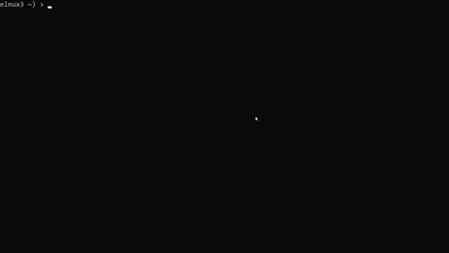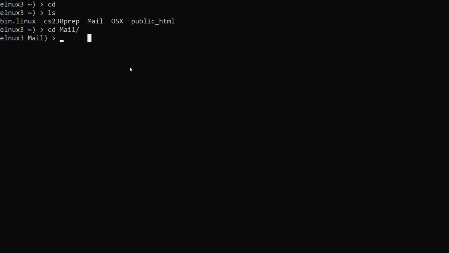The next command I'm going to do is cd, which is change directory. If I just type cd here, it does nothing. But let's say I wanted to cd into mail. I wanted to change my directory to mail. I type cd mail. And now it says mail on the left. I'm now in the mail directory. cd without anything after it will change directory to the home directory. So now I'm back in the home directory. But if I cd back to mail,